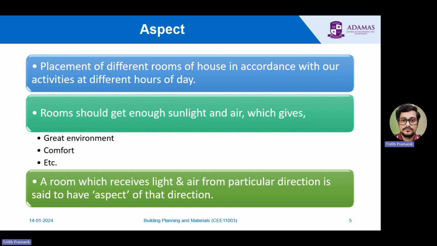Aspect means the placement of different rooms of any house in accordance with our activities at different hours of a day. Now, obviously, as we discussed, in a particular day, if we observe which places we visit more, like,